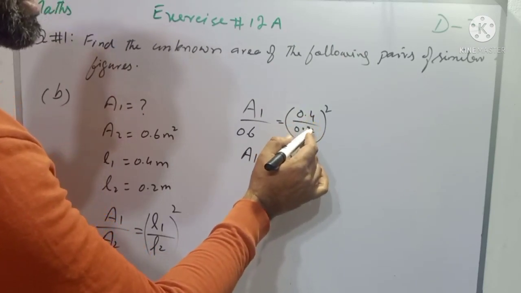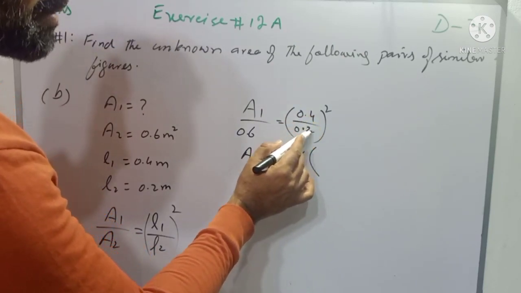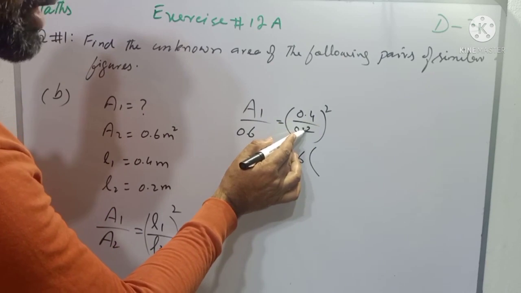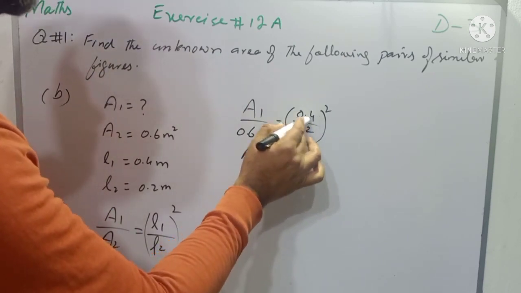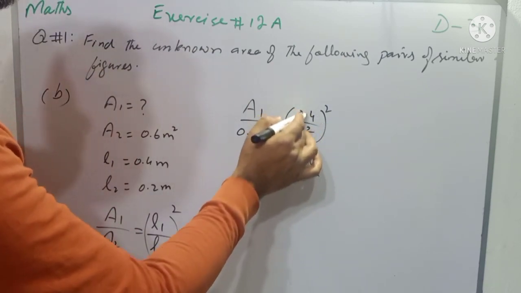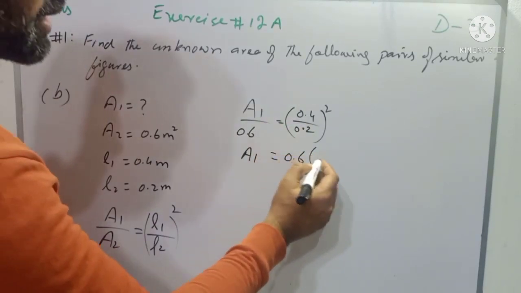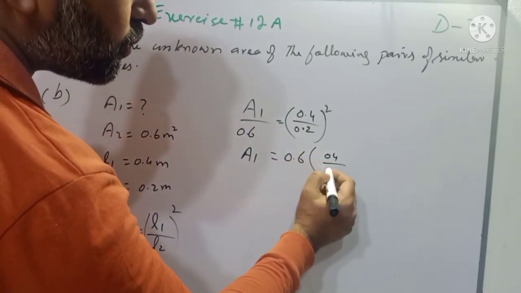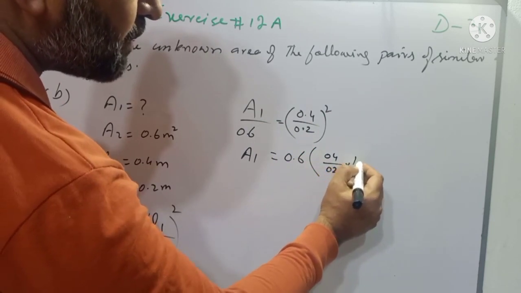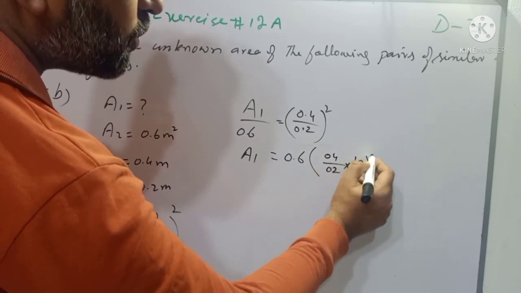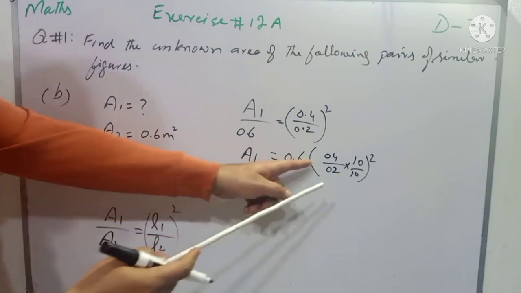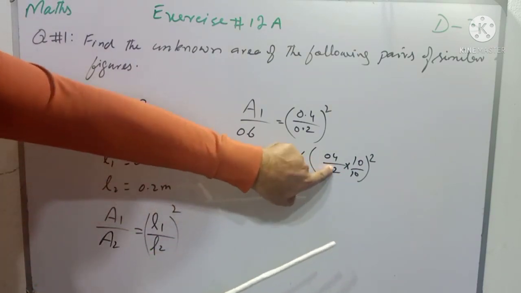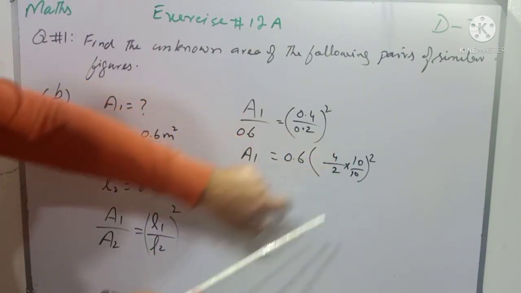0.4 का पॉइंट खत्म करने के लिए हम डिनोमिनेटर में 10 से मल्टीप्लाई करेंगे और 0.2 का पॉइंट खत्म करने के लिए हम न्यूमरेटर में 10 से मल्टीप्लाई करेंगे। तो बच्चों ये दोनों के पॉइंट न्यूमरेटर और डिनोमिनेटर के कैंसिल होंगे, तो इसको हम लिखेंगे 0.4 ओवर 0.2 मल्टीप्लाई बाय 10 ओवर 10 होल स्क्वायर। ये जीरो भी लेफ्ट साइड पर लिखने की जरूरत नहीं है, अगर आप ये नहीं भी लिखेंगे तो ये फिर भी करेक्ट है।